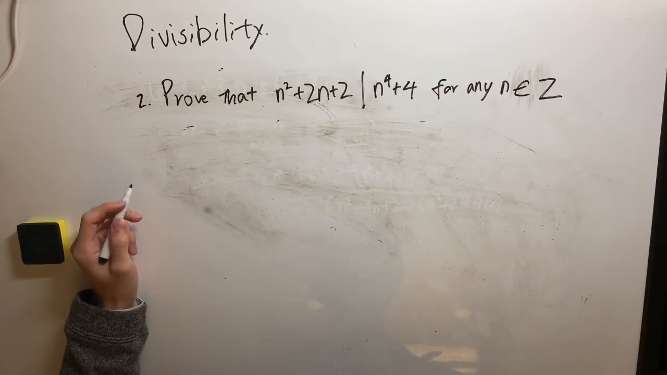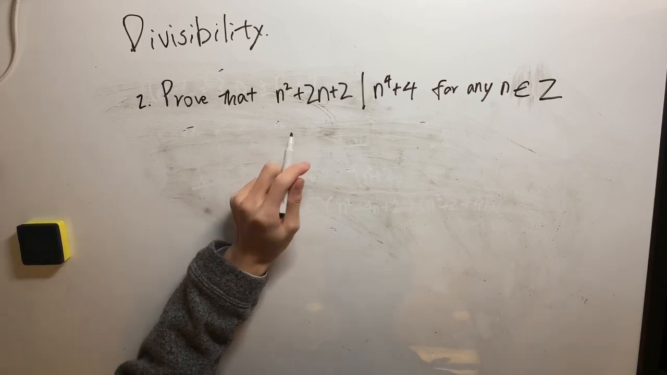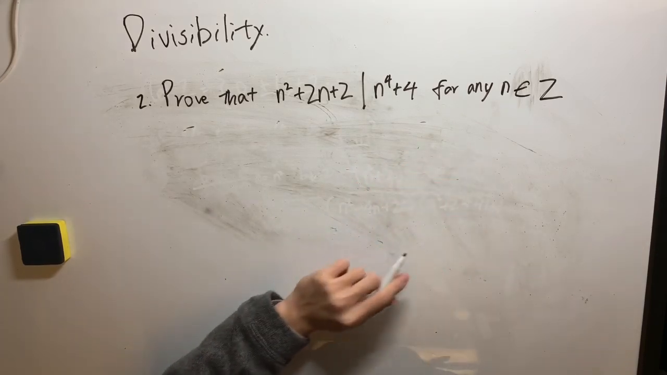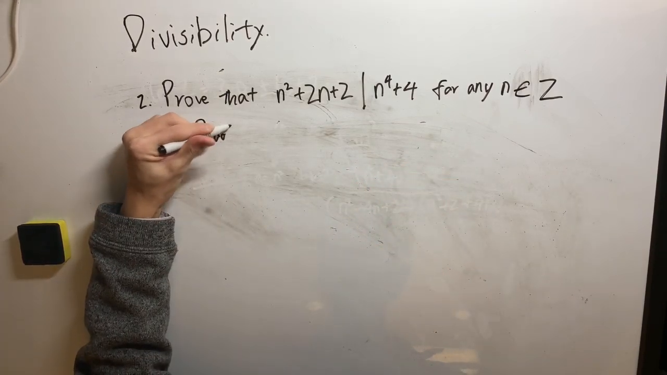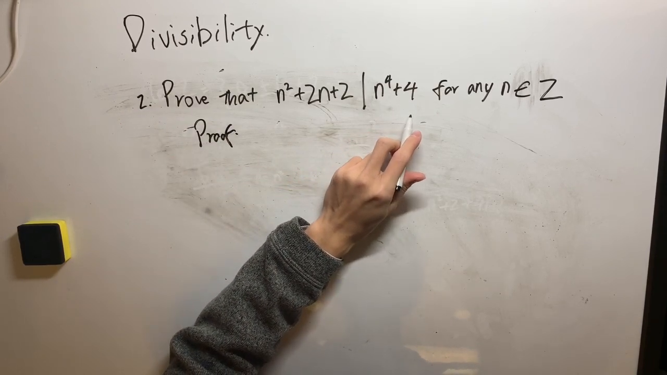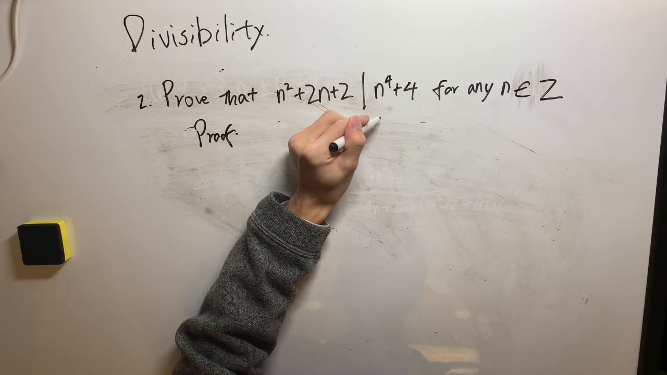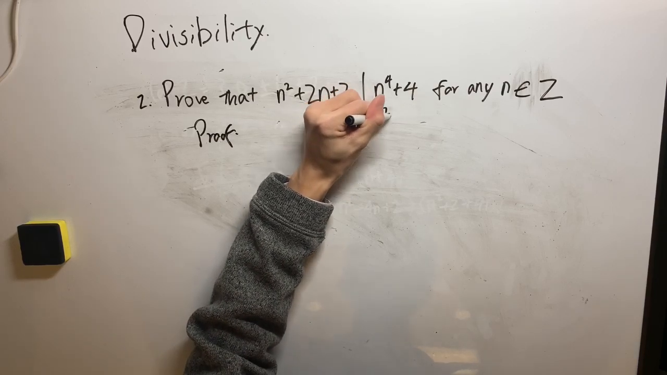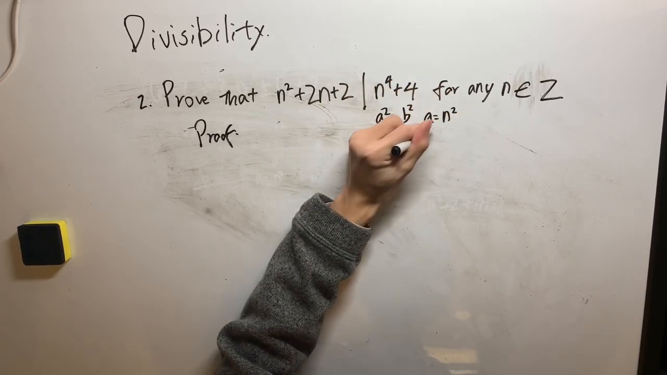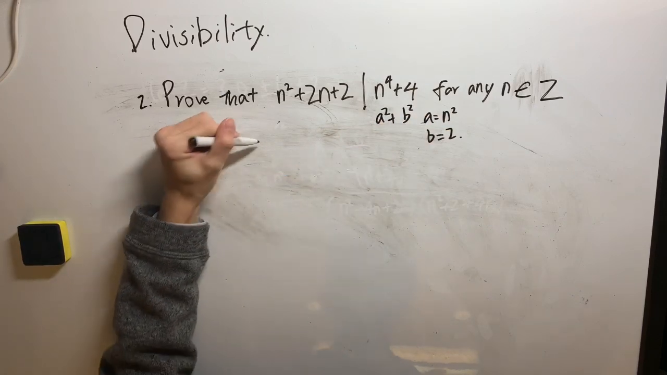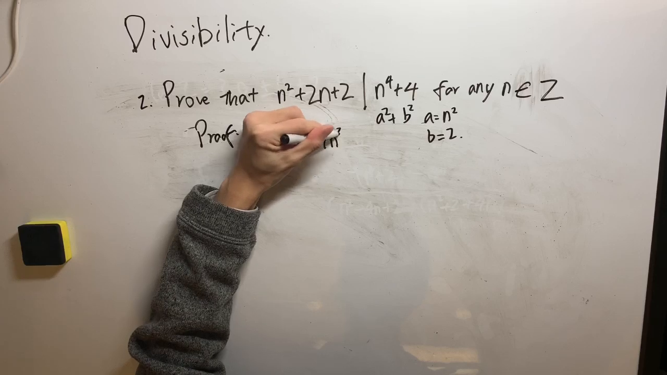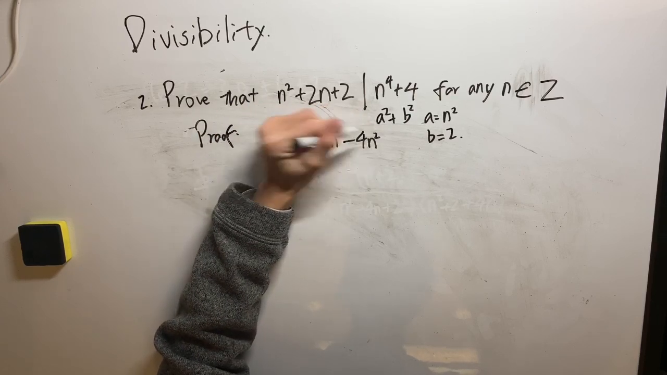So now let's look at the second question. Prove that n squared plus 2n plus 2 divides n to the fourth plus 4 for any integer n. Proof. First, you can simplify n to the fourth plus 4, as we can see that it's kind of like a squared plus b squared, where a equals n squared and b equals 2. So n to the fourth plus 4 plus 4n squared minus 4n squared. Because